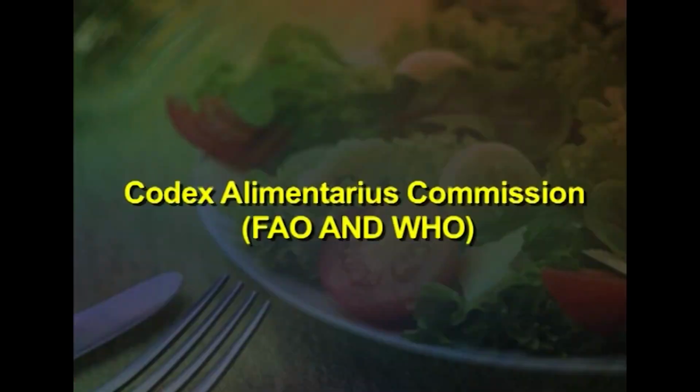The first one is the Codex Alimentarius Commission, that is FAO and WHO. The Latin term codex means food law or food code. FAO in 1961 and WHO in 1963 passed a resolution to establish this Codex Alimentarius Commission. It is the joint FAO and WHO food standards program. The Codex Alimentarius Commission is an intergovernmental body that coordinates food standards at the international level. The CAC has proved to be the most successful in achieving international harmonization in food quality and safety requirements.